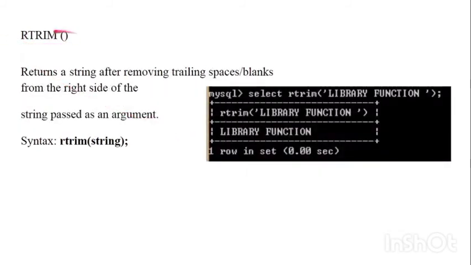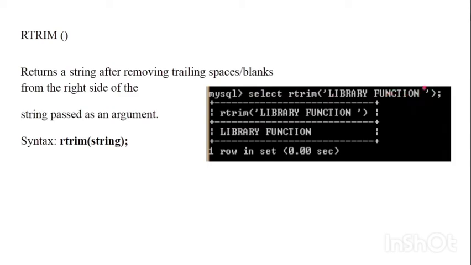Next is rtrim. This returns a string after removing the trailing spaces from the right side of the string, which is passed as the argument. So our argument is passed inside a function. Syntax is rtrim in bracket string. Select rtrim bracket library function.